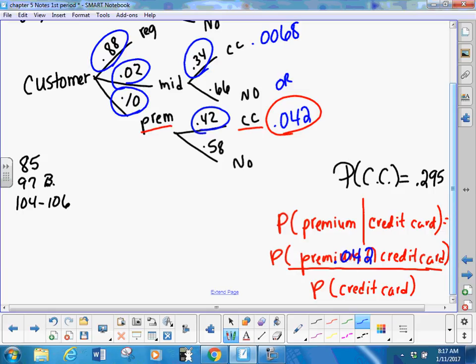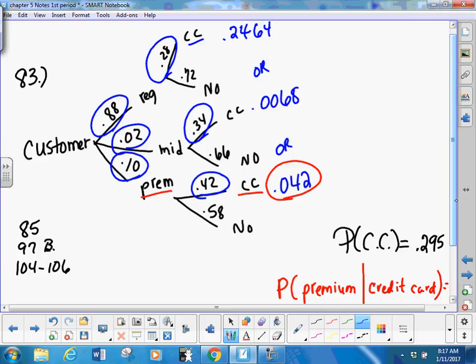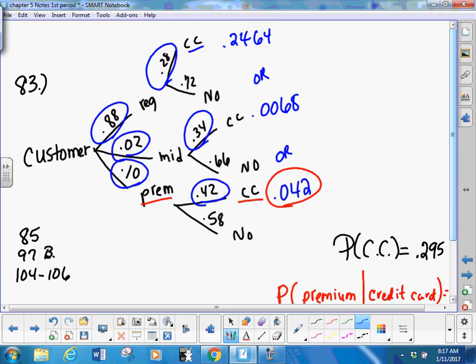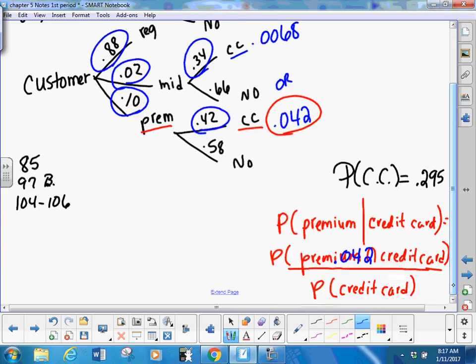Now, the probability of a credit card, we found that in the previous problem. It was 0.295. The way I got it was finding all the options that used credit cards, and I got this number by multiplying, and I got the 0.295 by adding. You multiply this way, you add this way, so the denominator is going to be 0.295. And when you crunch those two numbers,